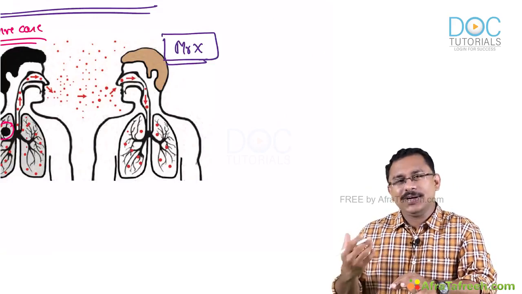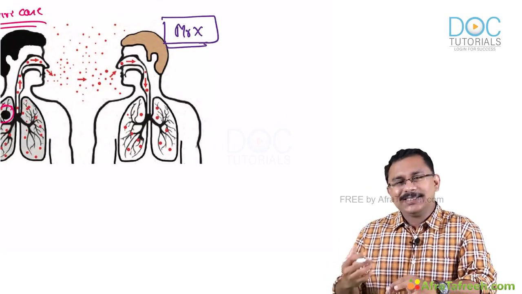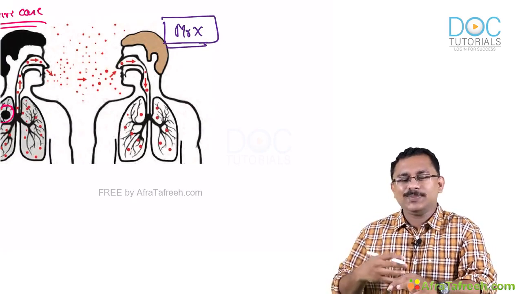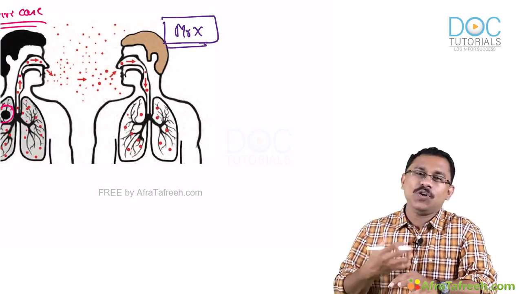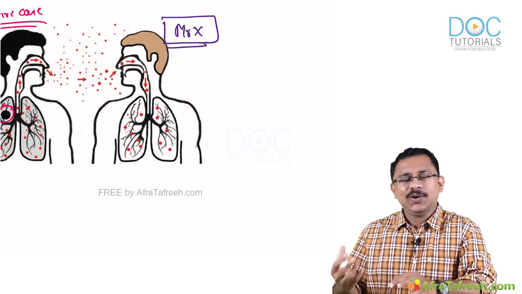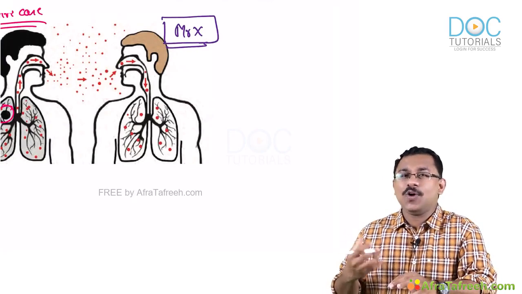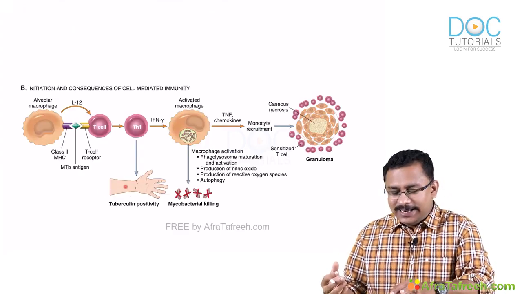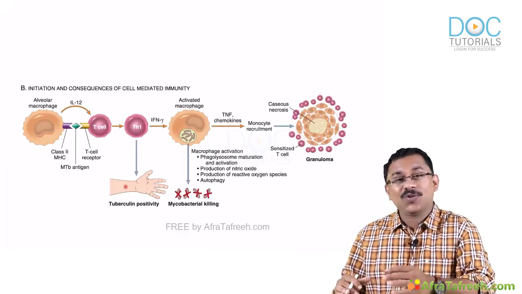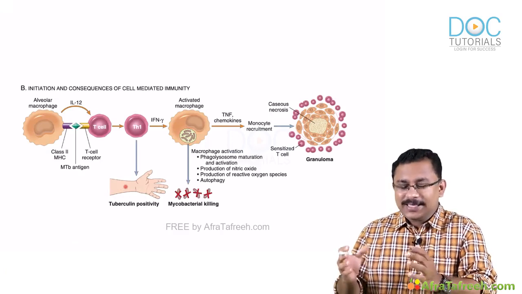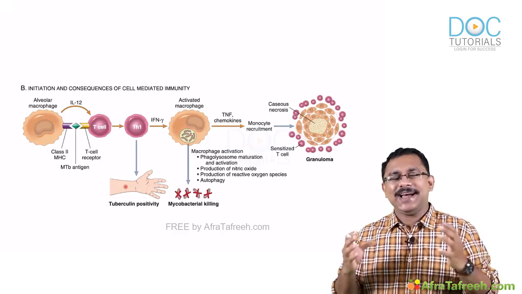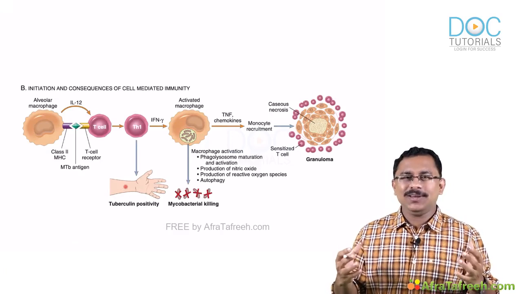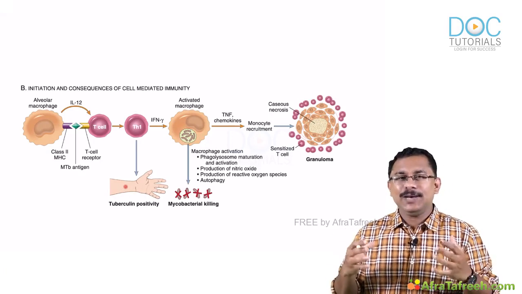That is what we are going to learn. So let's see two scenarios. One in which Mr. X is immunocompetent, and number two is when he is immunocompromised. So the first scenario is when he is immunocompetent. When he is immunocompetent, it means he has adequate immunity, so the chance of containment of infection is